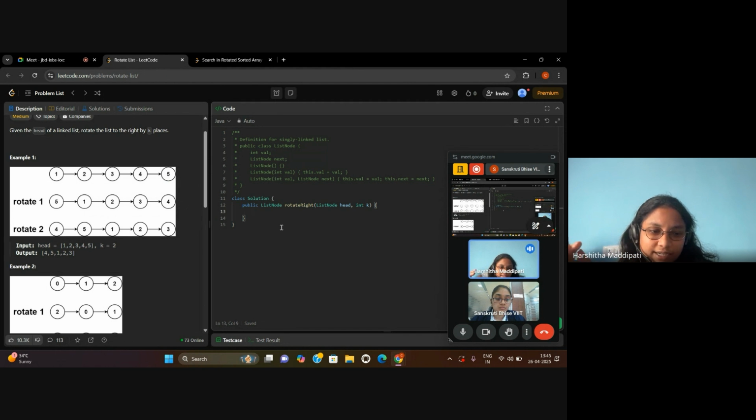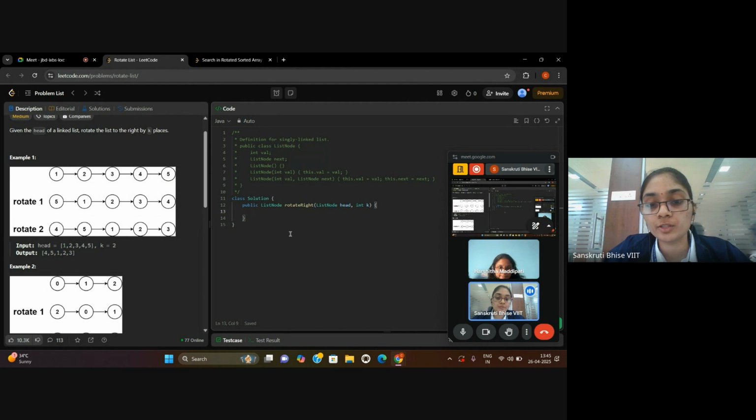I will calculate the length by iterating, moving to each and every node in the linked list. After that, I will subtract k from that value, which will give me the number of elements after which I have to break the linked list. Here it will be three, so I will go one, two, three. After the third node, its next will point to null.